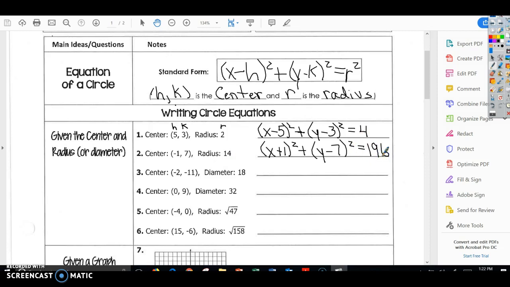Alright, now, in the next problem, it gives us h, k, and it gives us diameter. Okay, so you have to know the difference between diameter and radius. Radius is what we use in the equation. So diameter, remember, is the entire length across the center of the circle, and the radius goes from the center to any point on the outside. So the diameter is really twice the radius. So if we have the diameter, we know